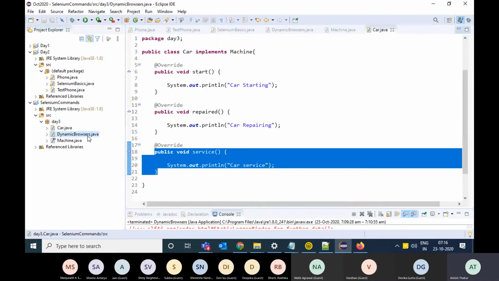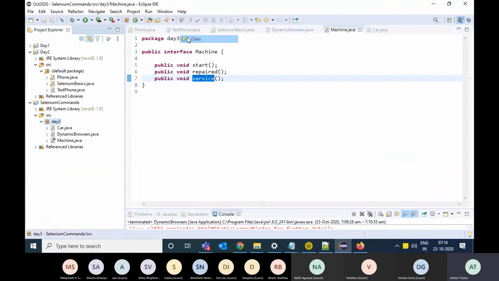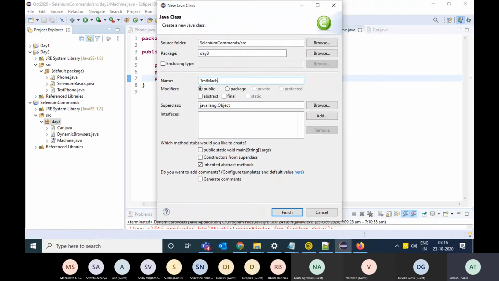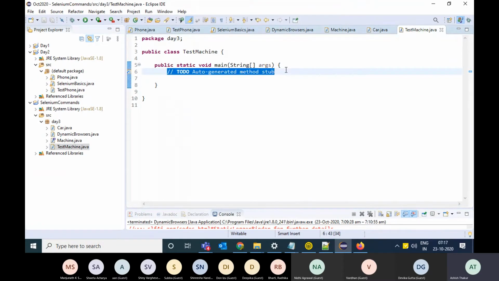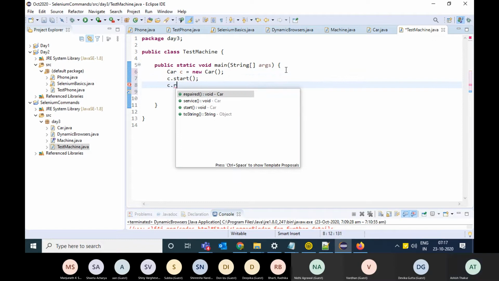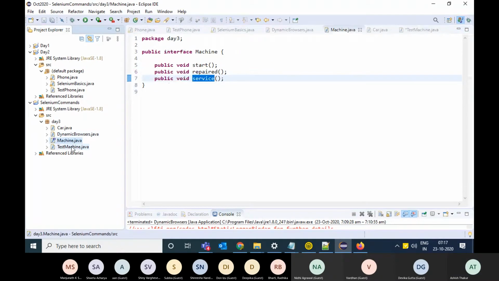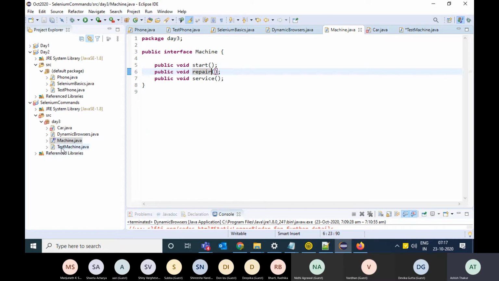Now what you can do is I'll just make a new class known as test machine with the main function. So obviously you can create the object of the car class over here, and you can call the three functions: c dot start, c dot repair, and service. Okay, it should be repair, not repaired.